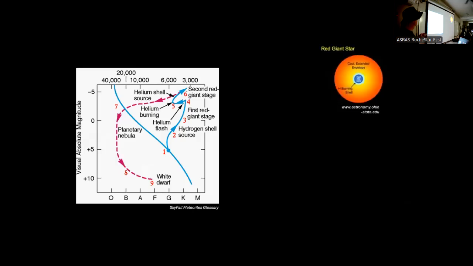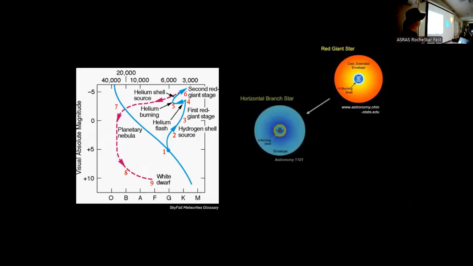So to summarize, here's the red giant star. There's no fusion in the helium core. The hydrogen, and just inert helium here. Here is the hydrogen burning, and here is the cool extended envelope around that hydrogen burning, and that's the red giant star. The horizontal branch star, the envelope remains hot. The hydrogen begins burning. It continues to burn in this shell, but now at the core, you've got helium burning, whereas up here it was just inert. So that becomes a horizontal branch star.